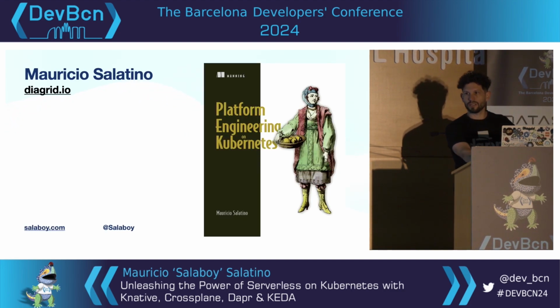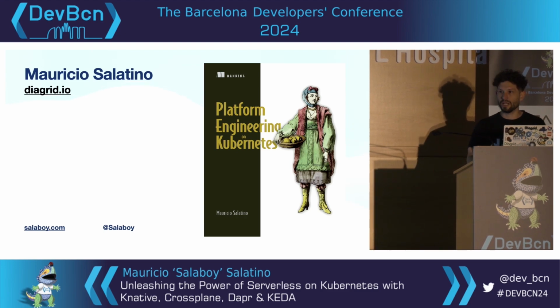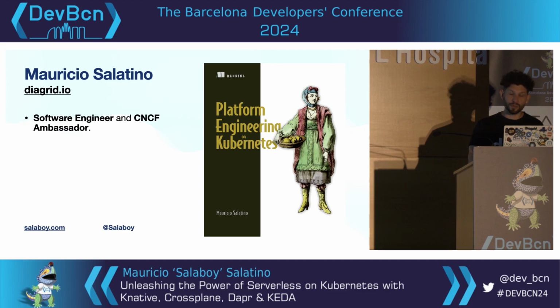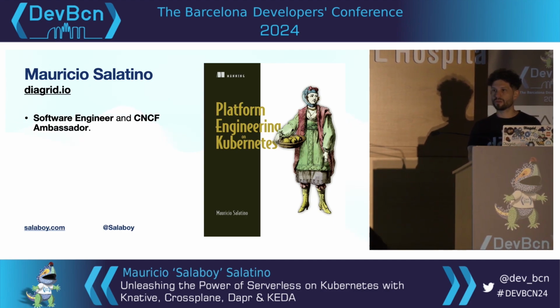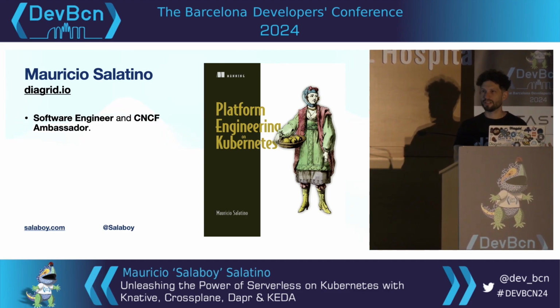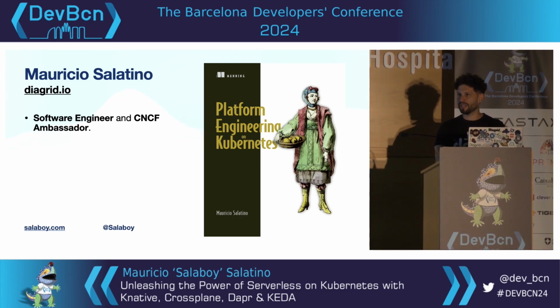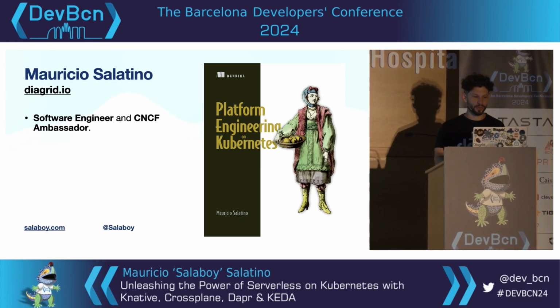So my name is Mauricio Salatino. I work for a company that's called Diagrid. I will be talking about the project that we're working on a little bit and also the products too. Not too much, just to mention the ideas behind these and other companies and other projects. I'm a software engineer. I'm not a developer advocate, so my presentations tend to be not funny and very technical. So it will be just a very dry way of showing different projects.